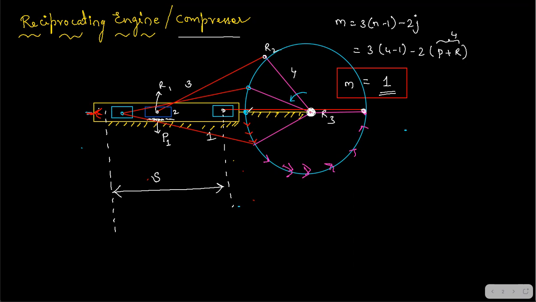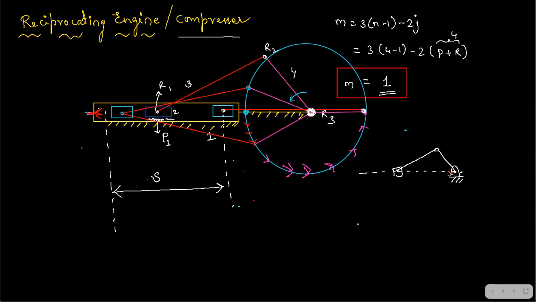Now, how will you find out stroke length? Stroke length can be found out by drawing the initial position and final position. I'm going to do a rough sketch here. I think you understood that very clearly. It is also called an inline engine, an inline slider crank chain. I need to draw a straight line, and this is the slider. Fine. So we have to draw two extreme positions of the slider to know the stroke.